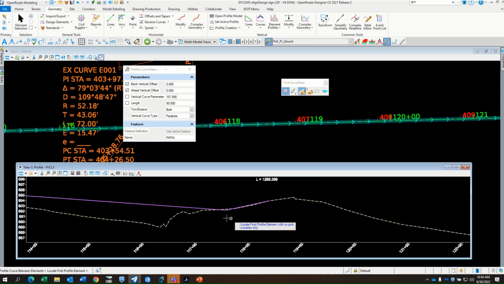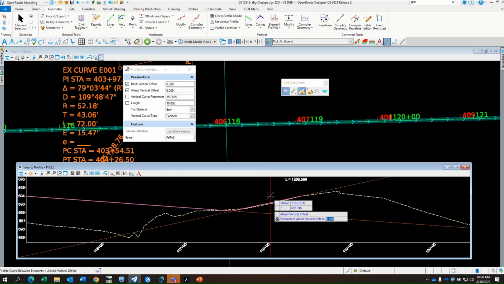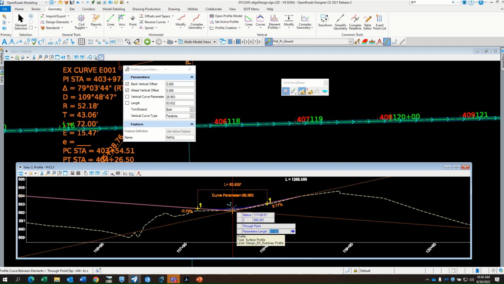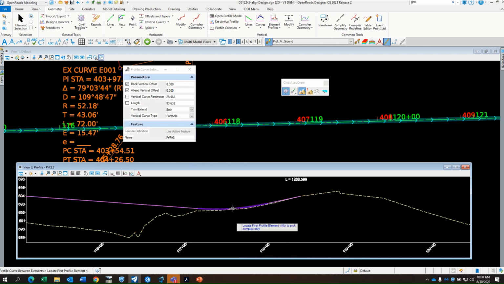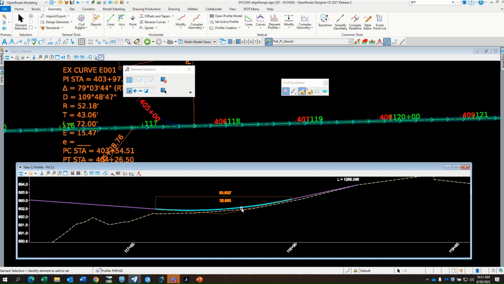So we're going to create that vertical curve the same way. Select the back, data point, 0 offset, select the secondary, accept it, and then we could either dynamically place this anywhere, which I'll just do differently and show you that you can still change this after the fact. I'll go ahead and just accept whatever was there, just to show you that you don't need any special tools or anything. We can go back and just with our element selector, we can select it, and we're going to